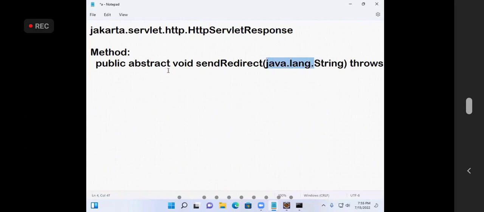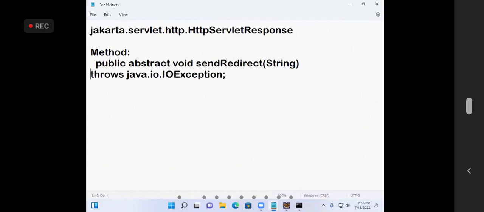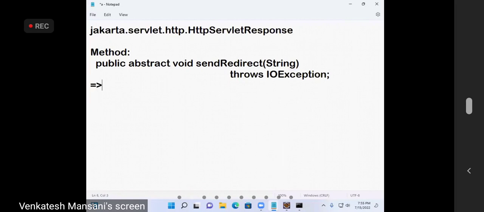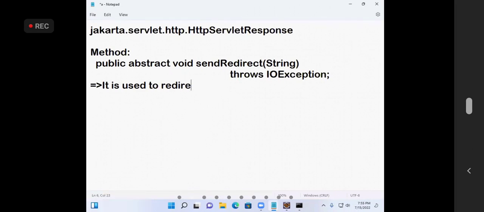Second one, by extending the class. Third one, by extending